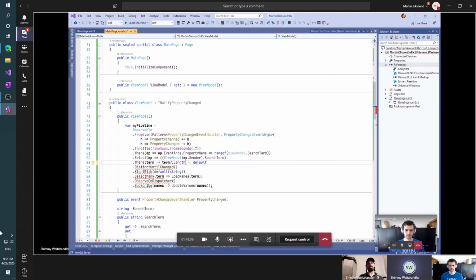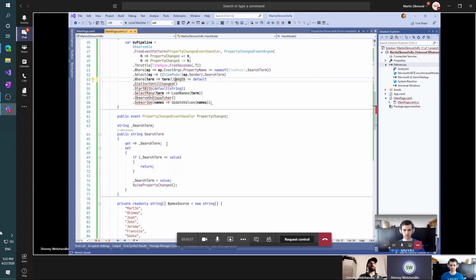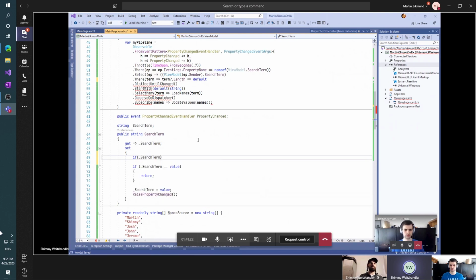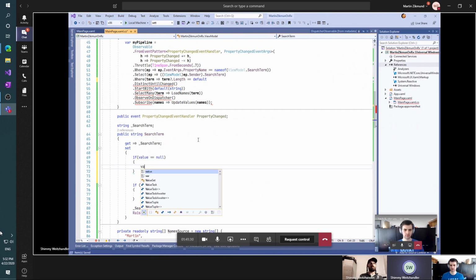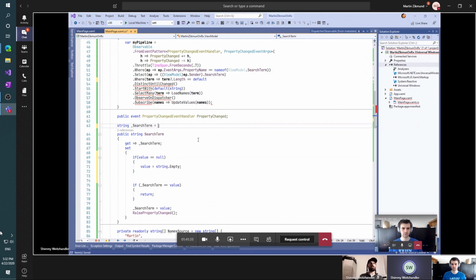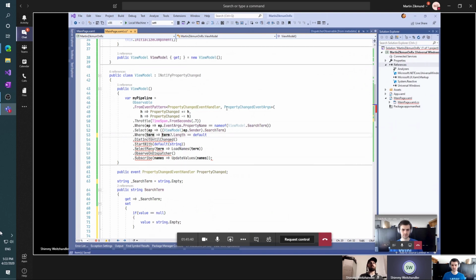We don't know what this is going to be because this is a nullable. Because for the first time it will be null, right? Or let's make it over here that if search term value is null, value equals string dot empty, and assign this to string dot empty. In this way, we make sure that we'll never bump into nulls, and then we can say term dot length